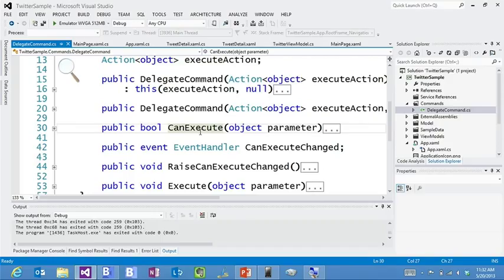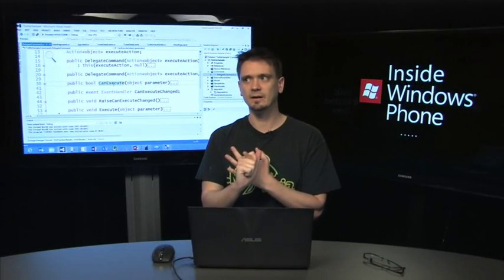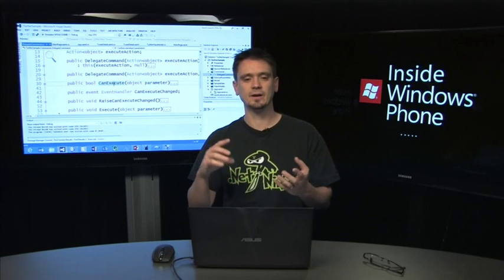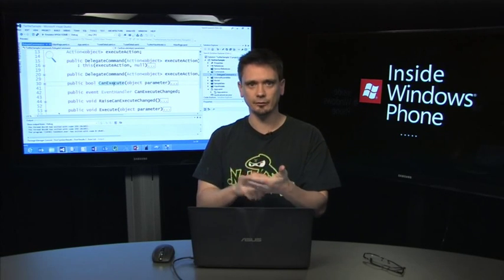Because if CanExecute is set to false, all of a sudden our button is smart enough to know, oh, wait a second, I'm going to switch myself from being able to execute. The disabled state of our button switches from off to on. And so that means the user isn't going to hit the button several times. They hit the button